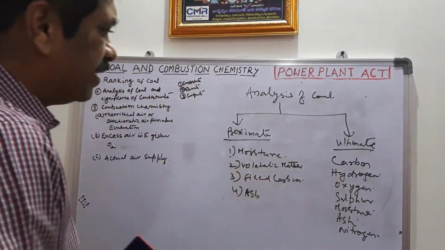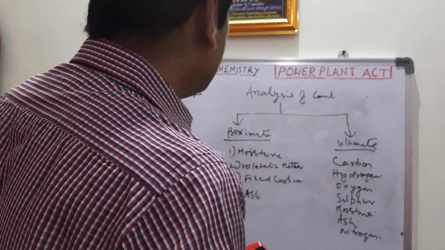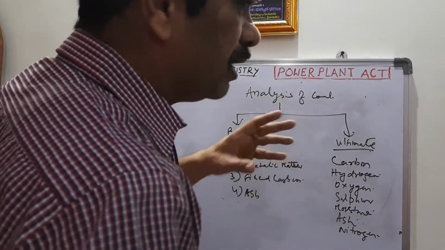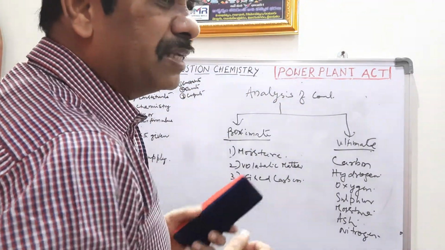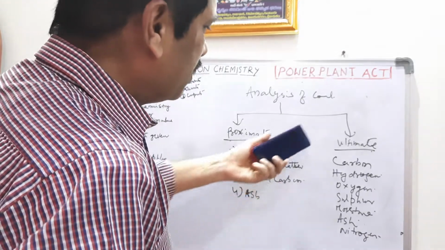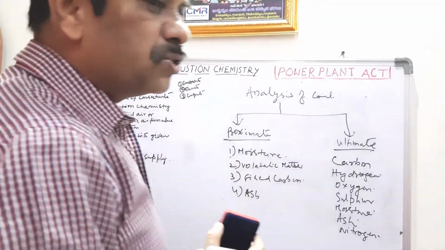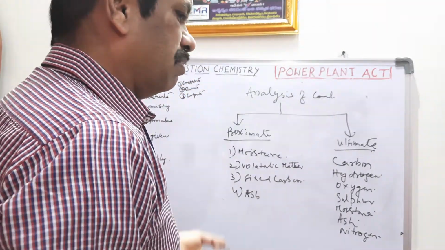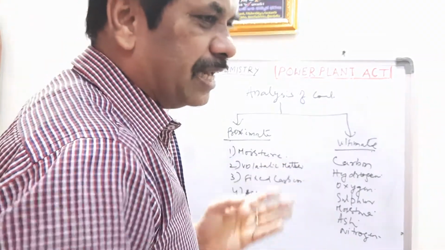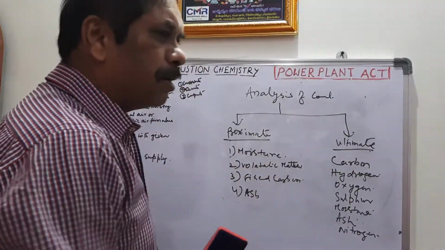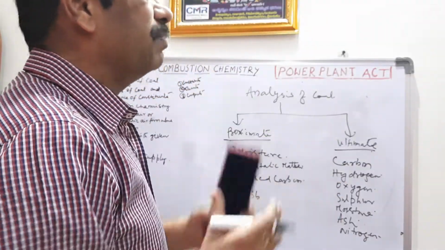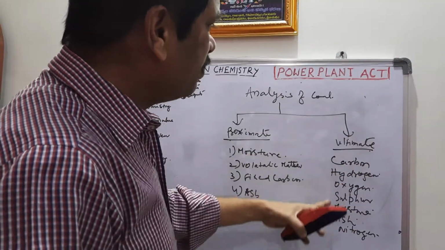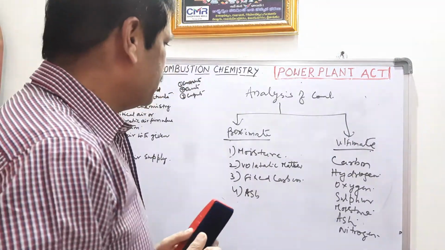This is to be calculated, and what is the significance of this? In the flue gas there is carbon dioxide, and other components are present. So on the basis of this ultimate analysis, the quantity of flue gas generated can be estimated, and from the design point of view, the size of the duct to be provided is calculated on the basis of this ultimate analysis.